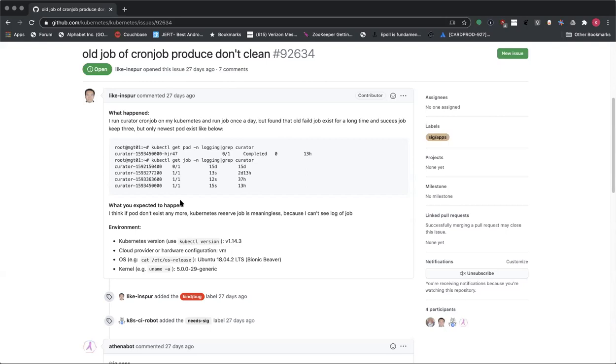With the garbage collection for jobs, it actually sounds like it would probably address this person's issue a bit more. But if they're using a cron job as well, cron job does have a max history, so it should clean those jobs up eventually anyway.